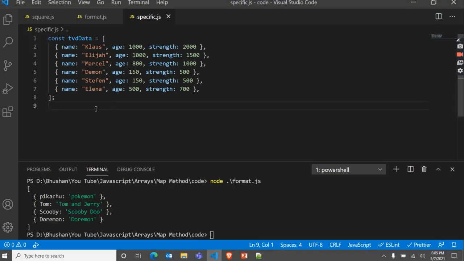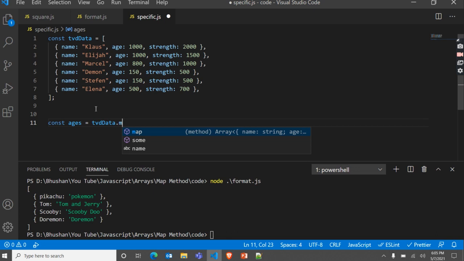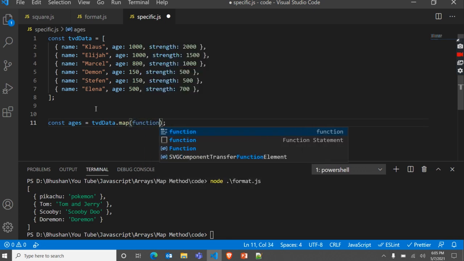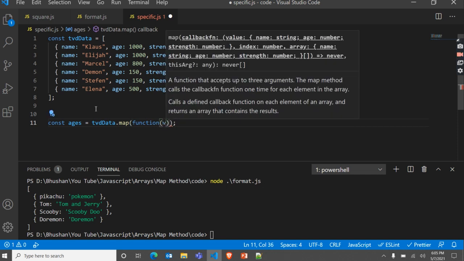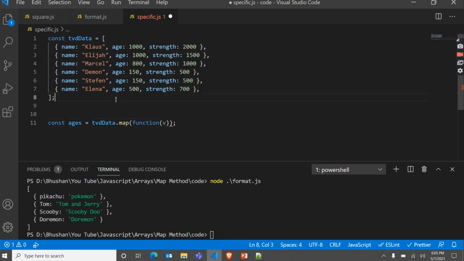Okay, so let's store this somewhere, we can call this ages, and data.map. Okay, and let's create our callback function. Here we want the value, each value meaning this single object. We don't want the index and this complete array, so we only want the value here, so I am using the first parameter in this callback function.